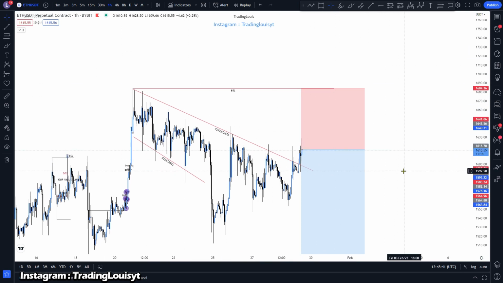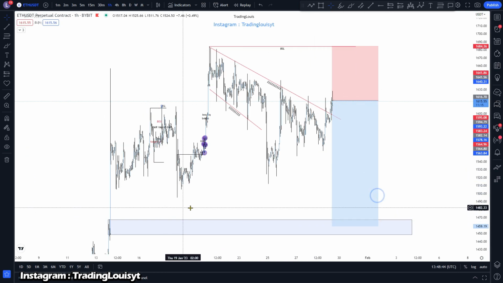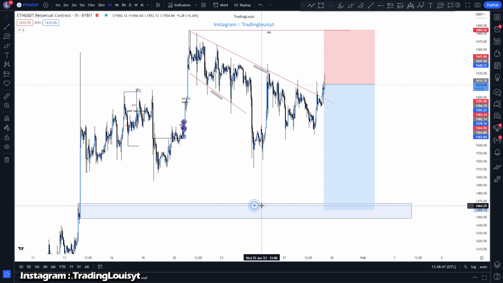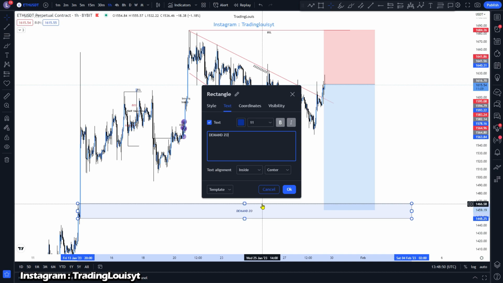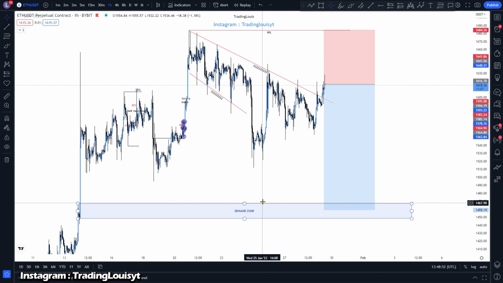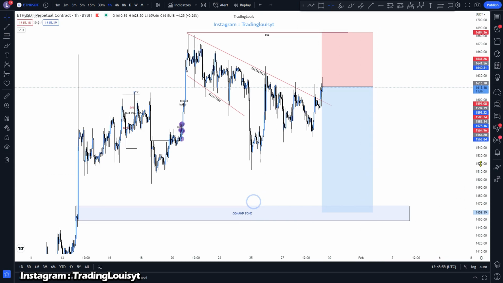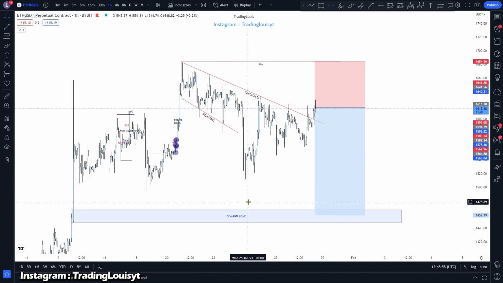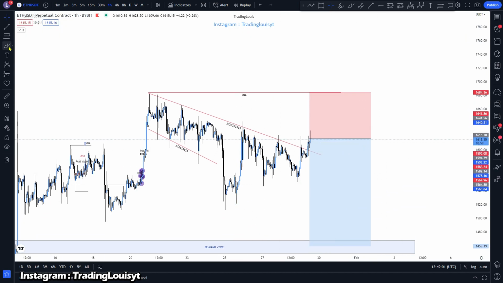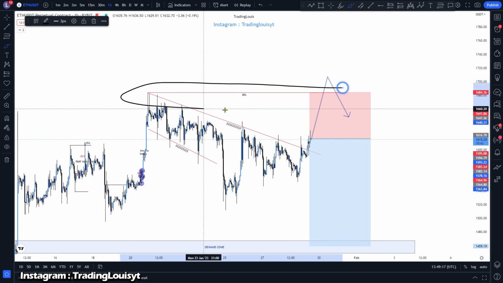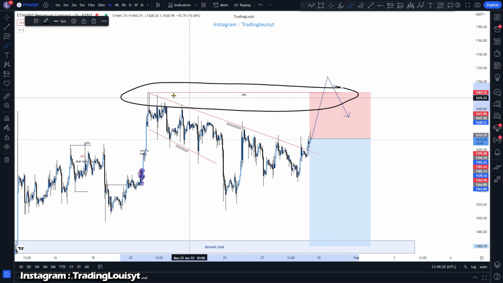Now, what will price want to do? Let's say price wants to come down into this box down here, which is a demand zone. Before price comes into this demand zone, most likely price might want to grab all of this liquidity that is laying up here. So price could tap out of this liquidity. Now as you see, all these stop losses lay here. So what has just happened? Liquidity has just been grabbed. So all the liquidity that lies here has just been grabbed,